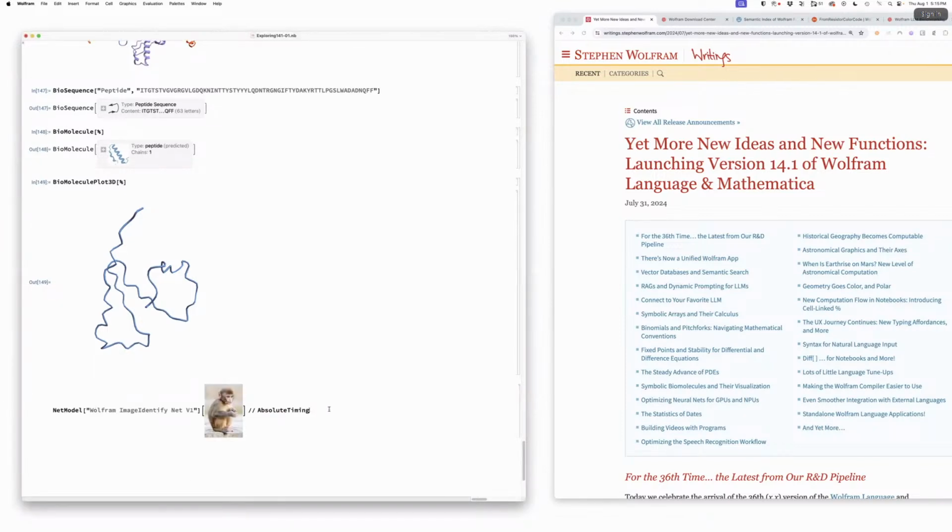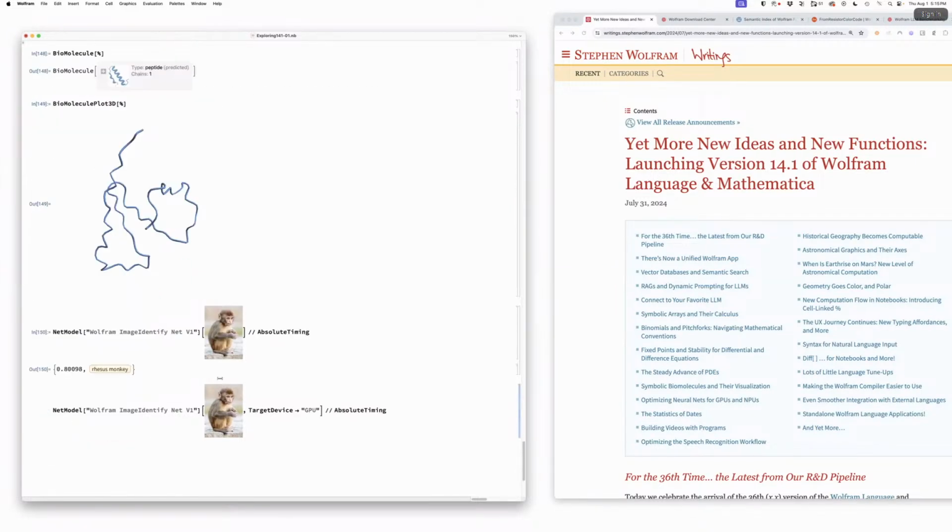Let's do this image identify. With the image identify function, we're by default using GPUs. We're not by default using GPUs if you just specify a neural net explicitly. So here,